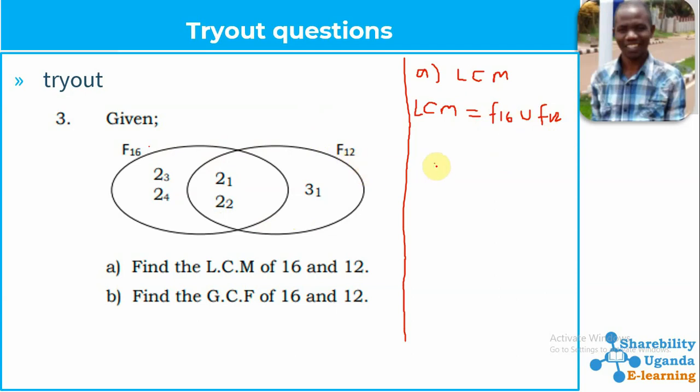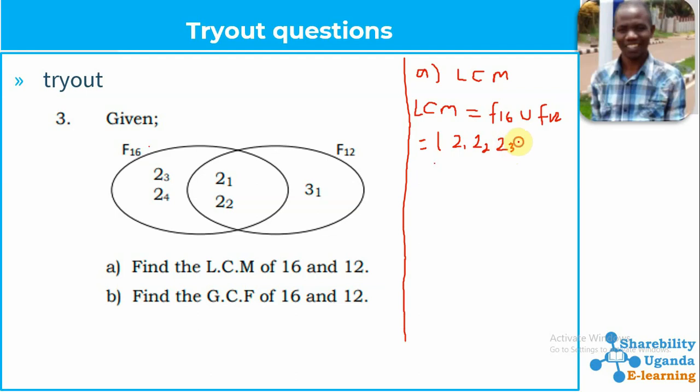We said a union of sets simply means getting all the members within the sets without repeating any. So the union of these sets shall be equal to, let's list them one by one in ascending order: 2^1, 2^2, 2^3,